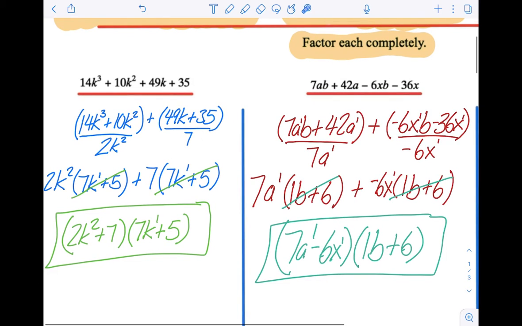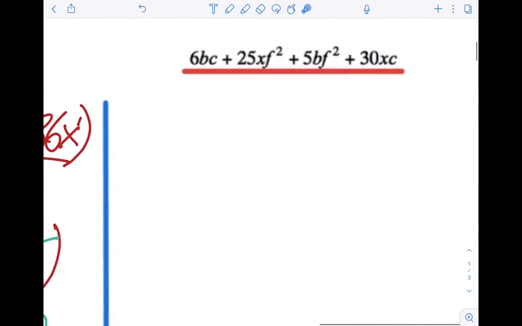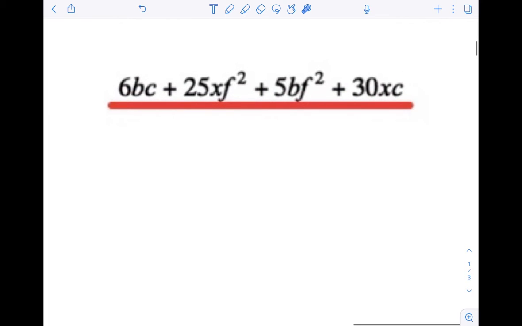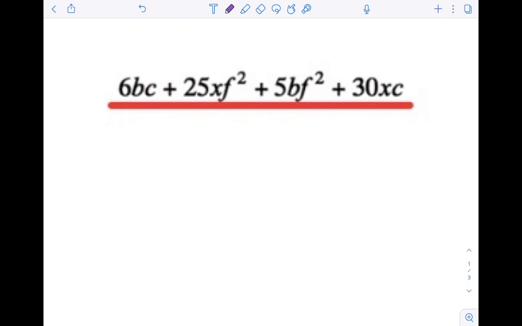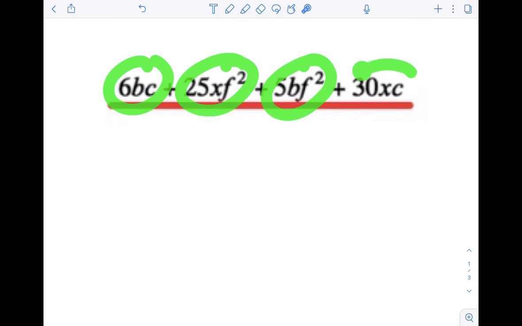So you're going to see those two kinds of examples, and you're also going to see this third kind of example where we have to do an extra step. So what we're going to do on this one is reorder. We're going to reshuffle these four terms to make sure that we have like terms,